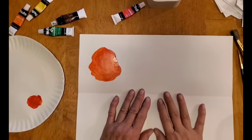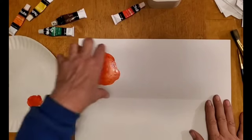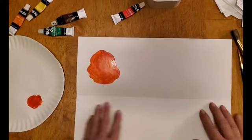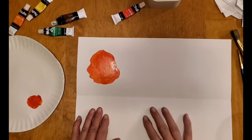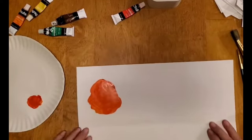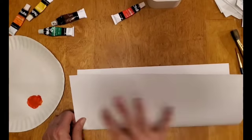Okay, so we are going to be doing a new technique today that I think will be kind of interesting. We're going to make a row of trees up here in fall colors. And then down here, this is going to be a body of water, and you're going to see the reflection of the trees. So the first thing you want to do is fold your paper in half, hot dog style,